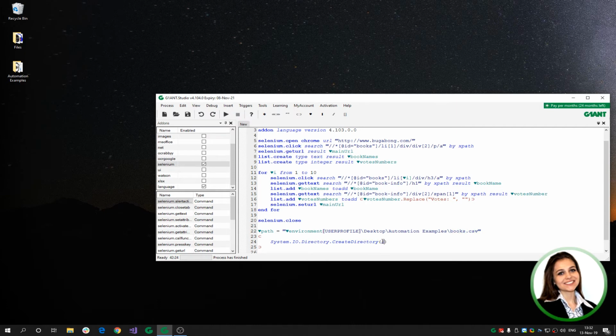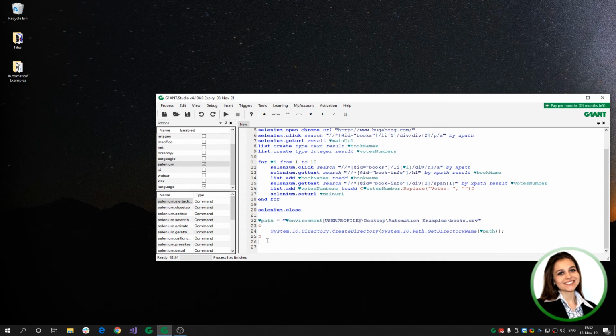So here should be System.IO.Path.GetDirectoryName and path, and semicolon, right? Okay, and